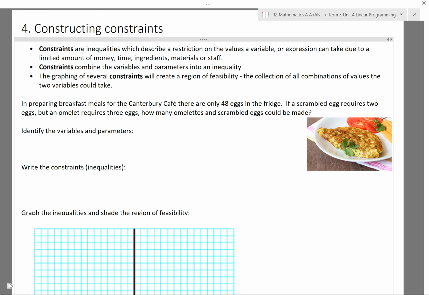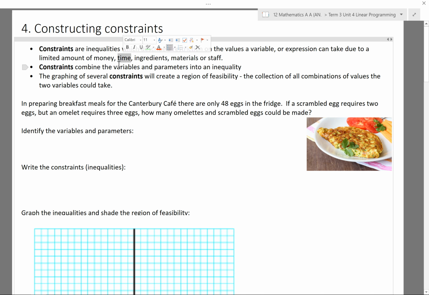This lesson's on constraints, and it's the second last thing that we need before we can completely solve these linear programming problems. Constraints are inequalities which describe a restriction on the values a variable or expression can take due to a limited amount of money, time, ingredients, material, or staff. The example we saw in the previous lesson was a limit on the number of adults and students that could